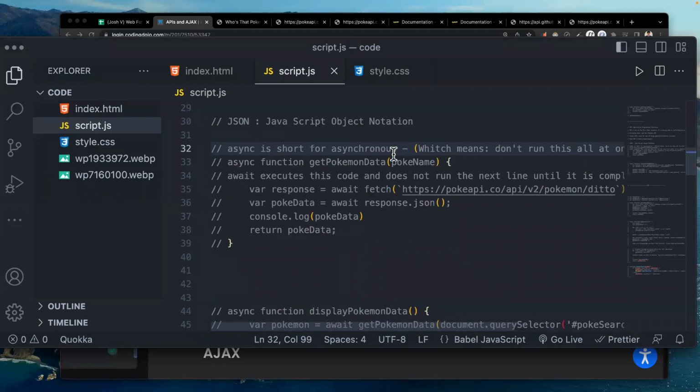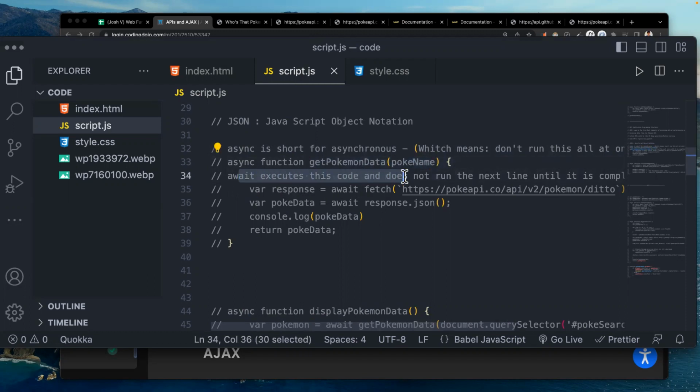It means don't hold up the whole application for that API call. Whatever function you make to make that API call, that fetch, make it asynchronous, so it's not trying to hold up the line. Async function, in this case here, async function getPokemonData, and then we receive here in the parameters pokemonName.